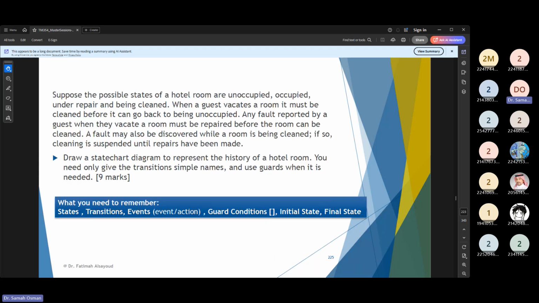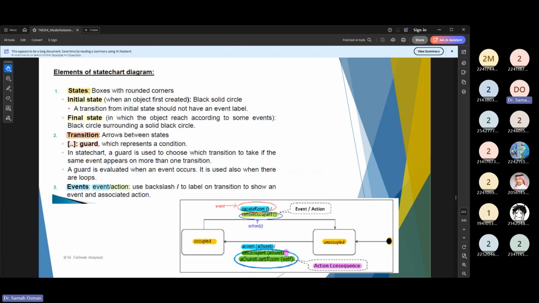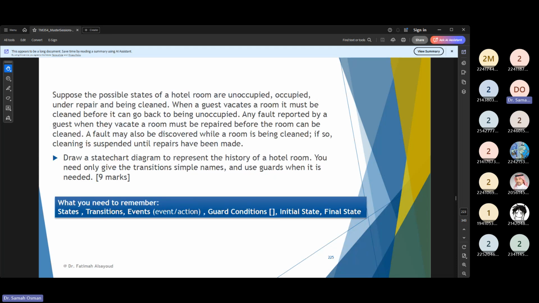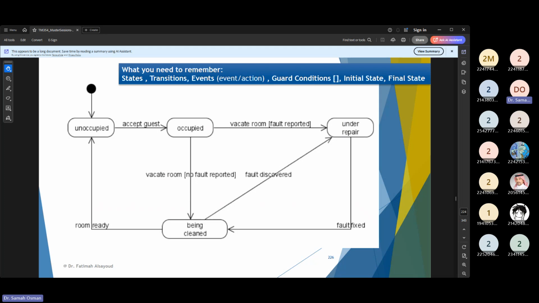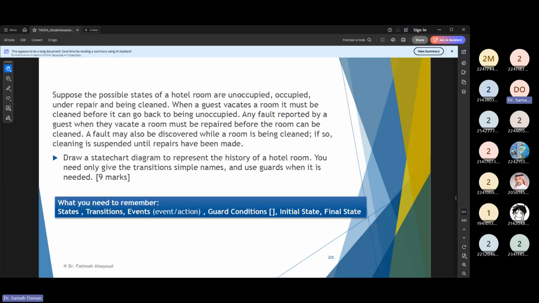So here, our state chart will have the state chart symbols, which are our state, transitions, event, guard, initial state, and final state. Then only we will think about the scenario and understand how it's going. So before we start to draw, here is our scenario, the drawing of the state machine. We have 4 states here: occupied, under repair if they find something missing as the scenario told us here,